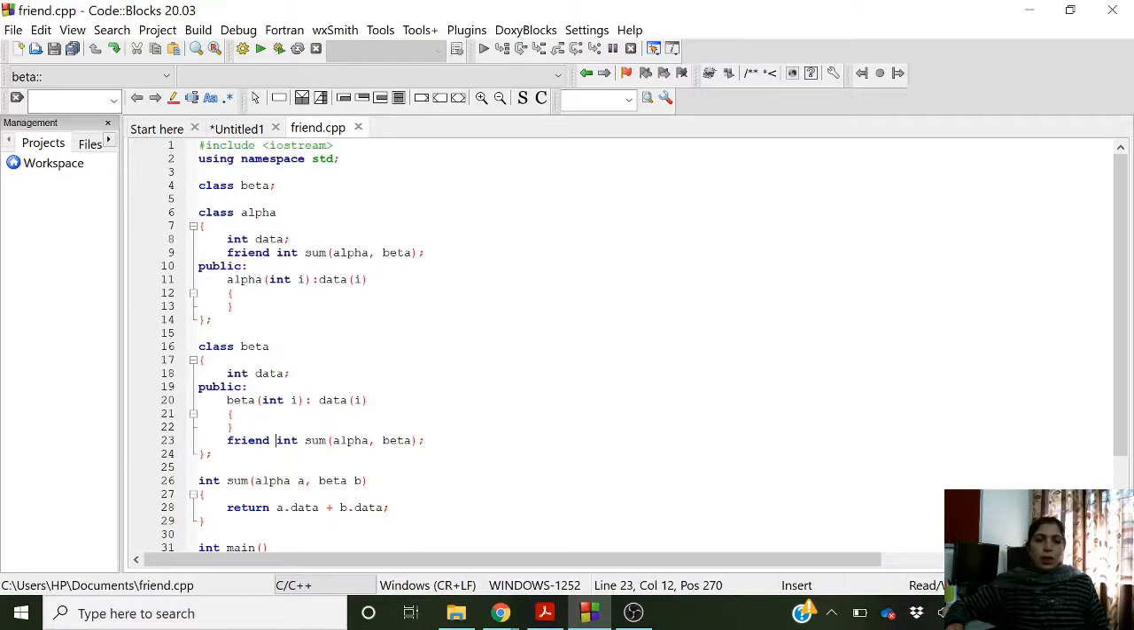So a friend of one class can be a member of another class. In the previous example we created two classes, alpha and beta, where both classes had a common friend, sum. So this function sum was a friend of class alpha as well as a friend of class beta. So now